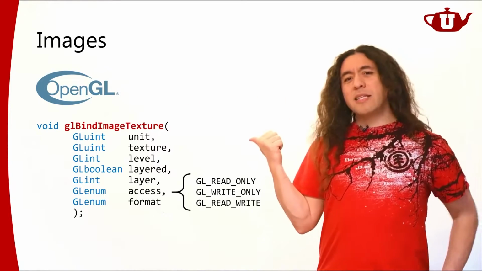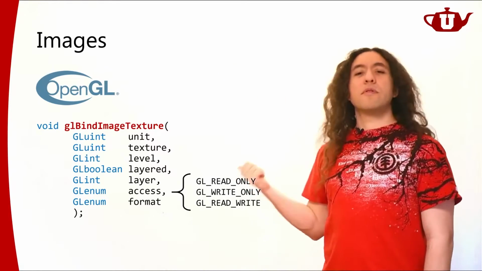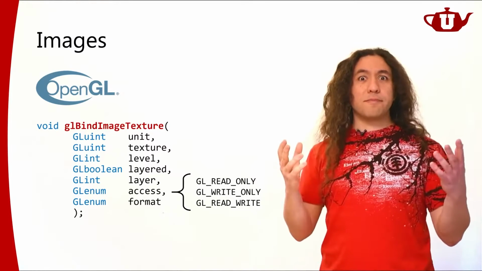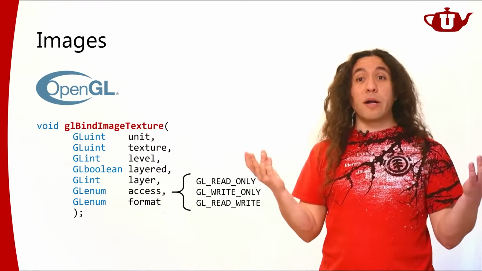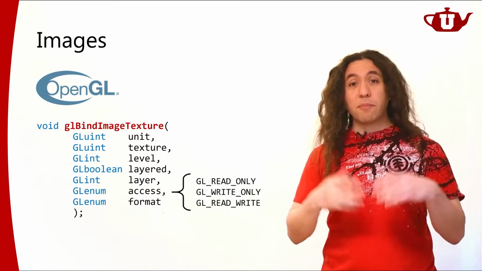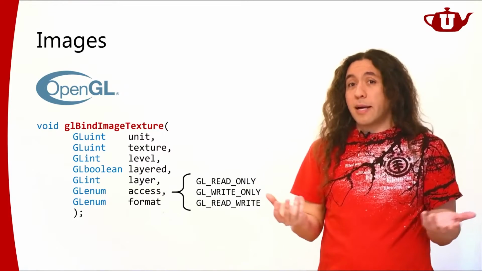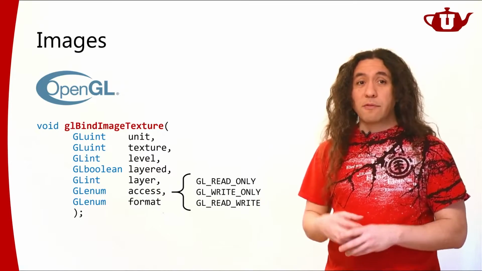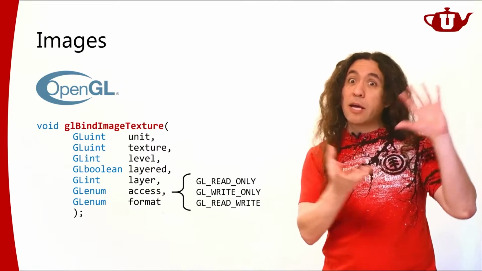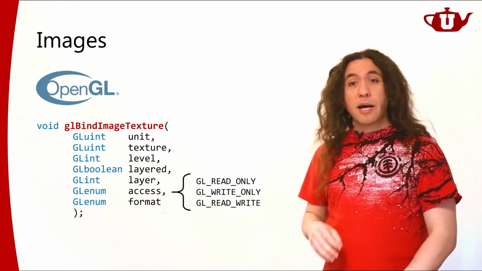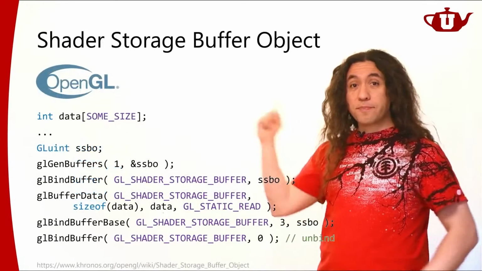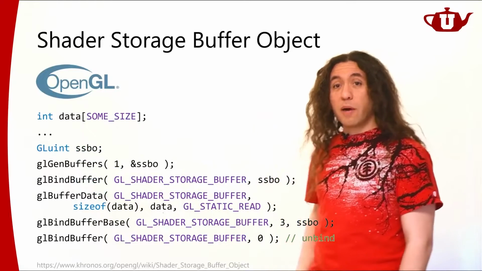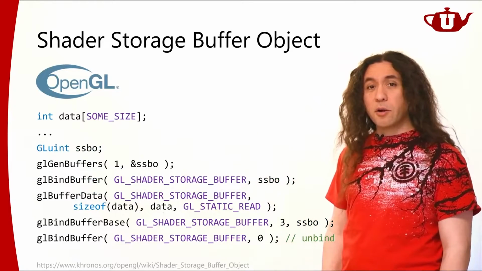But still, the storage type looks like an image. And sometimes we don't care. That's not what I want to generate. I want to generate some data that does not necessarily look like an image to me, so I don't have to think about how I could package it into an image. I can actually use more general structures. For that, we have the shader storage buffer objects that I mentioned a little bit ago.